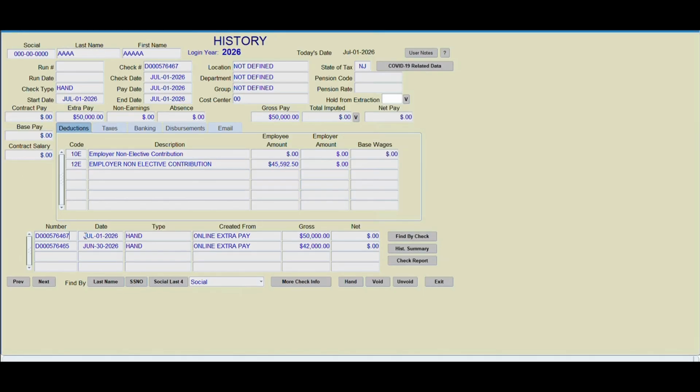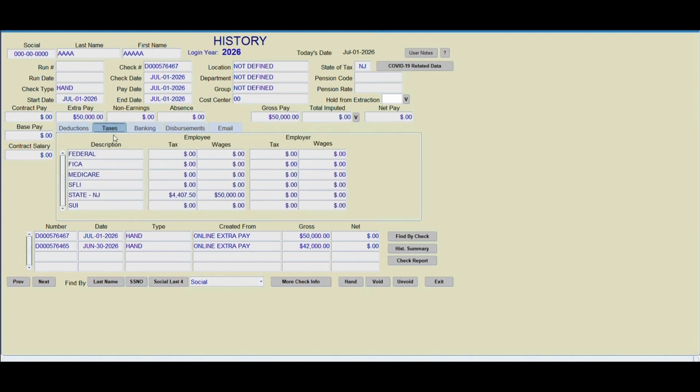The check should appear with the hand check type. You can review the employer non-elective contribution here. Then click the Taxes tab. You should see that federal, Medicare, and FICA tax and wages are 0, while only the applicable state tax and